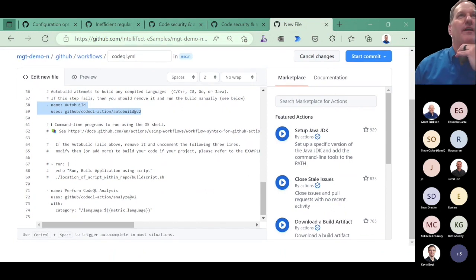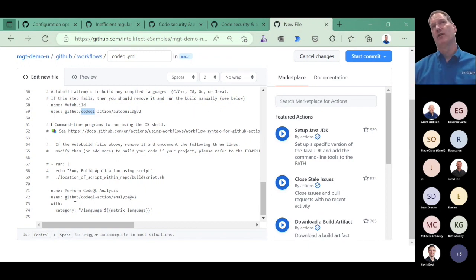Okay, so we run our build, and then with this auto build action, again, this is a CodeQL action, then we do an analyze. What happens on the analyze? It's running queries, and then it generates a SARIF file. The acronym I knew at one point, but I can't remember what it is. If somebody can remember what SARIF stands for, it's a standard acronym in the industry, a standard format. It actually takes that SARIF file and uploads it to GitHub Advanced Security, and then we can do interesting things